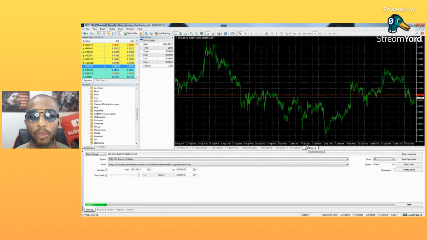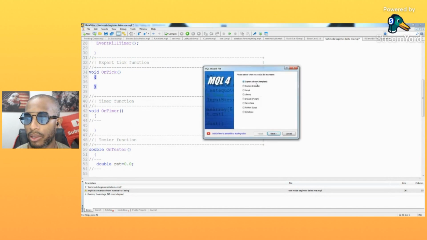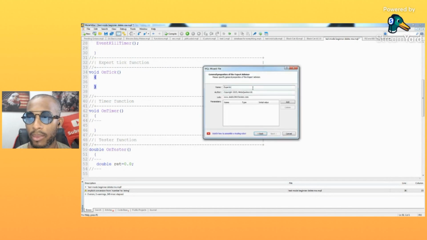The first thing you want to do is open up your terminal and go to this little box right here and go to MetaQuotes. Next thing you want to do is click New, go to Expert Advisor Template, click RSI, type in Fractals Trading Robot